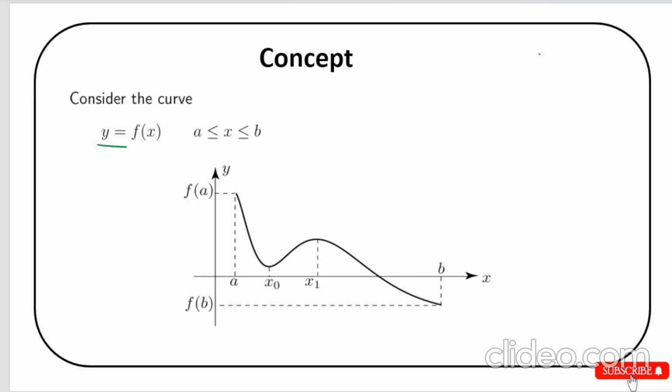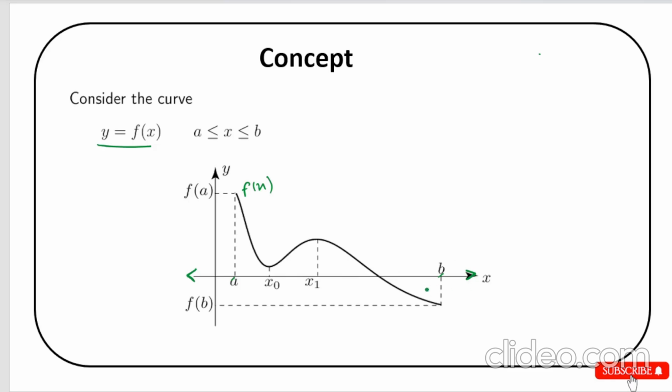So again, you have the function y equals f(x), and the domain of the function is a to b. See this graph, here you have a and here you have b. This is the domain, and this is your graph, this black line. This is your function, this is f(x). This is the function you have. Now if I ask you in this domain, this line is the domain, right? Now if I ask you in this